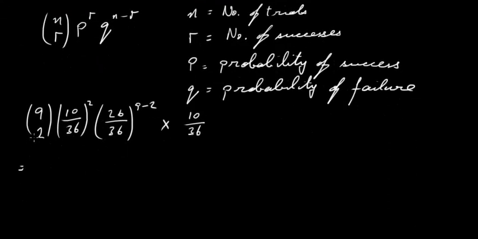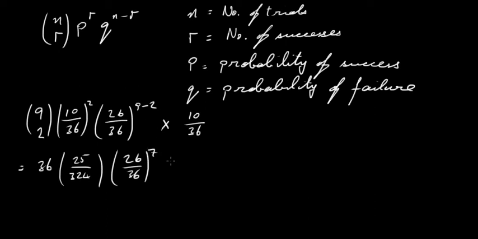But this here, 9 choose 2, is 36. 10 over 36, well, look, squared, you can do that and just simplify it. You get 25 over 324. It's really all just calculator work after this. This is 26 over 36 to the power of 9 minus 2, which is 7. And then we're multiplying by 10 over 36 here as well. Okay, so when you do all of that, what you get is 0.07